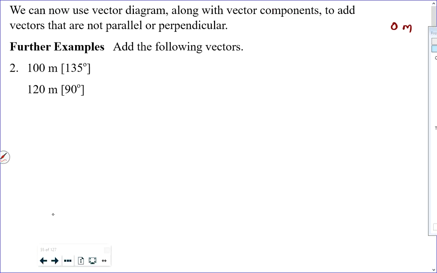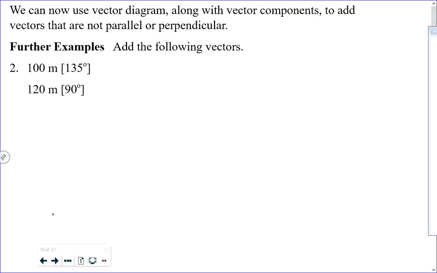Okay, we can now use a vector diagram along with vector components to add vectors. So how would I add these vectors? Okay, let's just stop for a second. Are these two vectors in example 2 in the same direction? No. Are they in opposite directions? No. Are they perpendicular? Well, 135 degrees, if you watch my arm, this is the pivot point at the origin